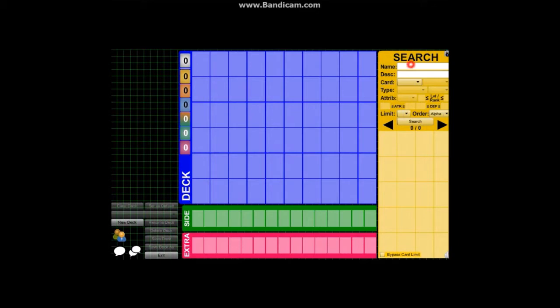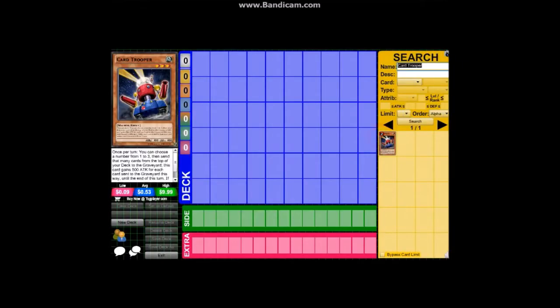So what my deck has in it, it has 2 Card Troopers, because in a Lightsworn deck, you want to be able to get rid of your cards really fast, but at the same time,